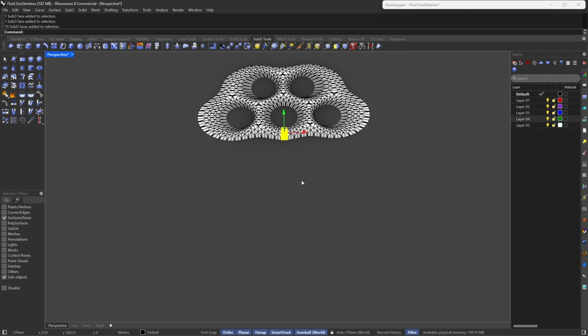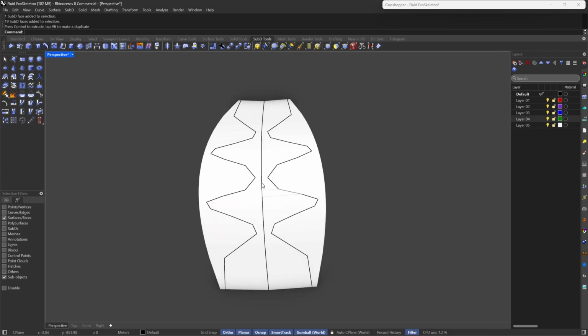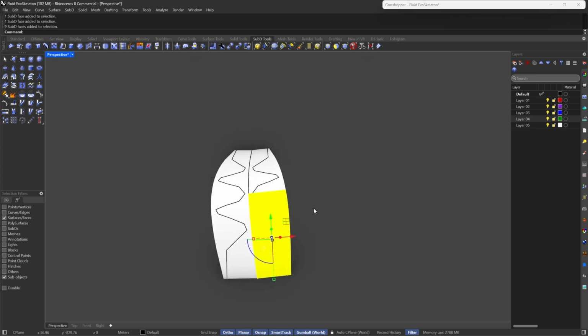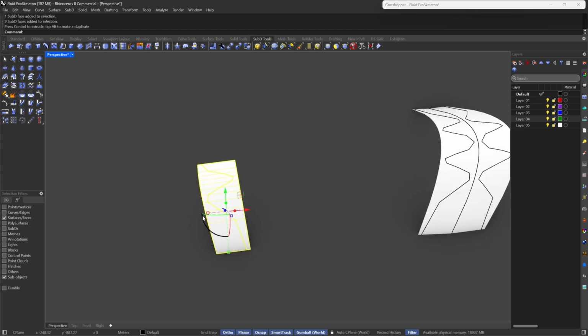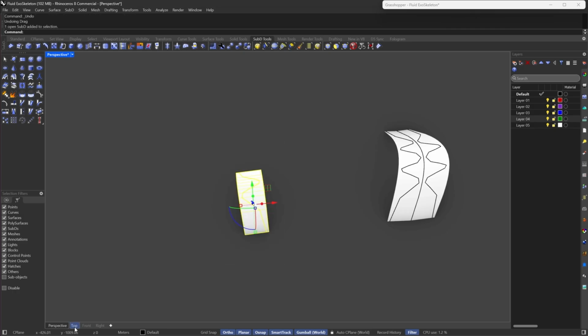I'm going to take a copy somewhere and I want to edit those. So for now, I'm going to select this only, which is only the half. If you go to here, I'm selecting only like a quarter and then copy it somewhere. And I'm going to go to the top,